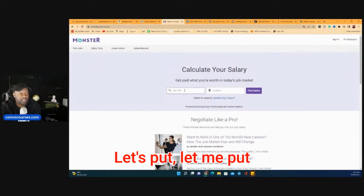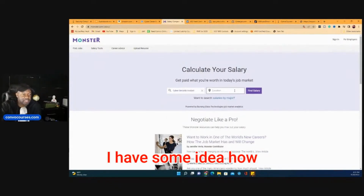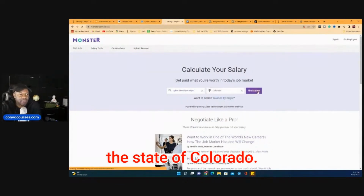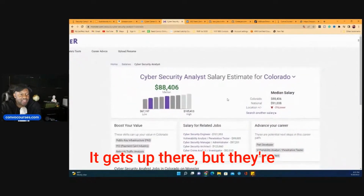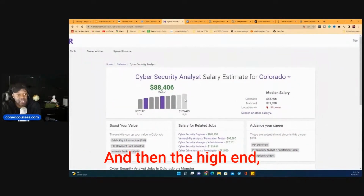Let me put something that I know about. So I'm going to put cybersecurity analyst. I have some idea how much they make. Let's say Colorado, the state of Colorado. So 88,000 a year. That's about right. It gets up there, but they're telling you on the low end it's 67. That's true. And then the high end